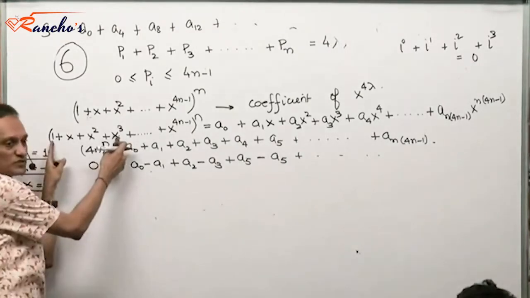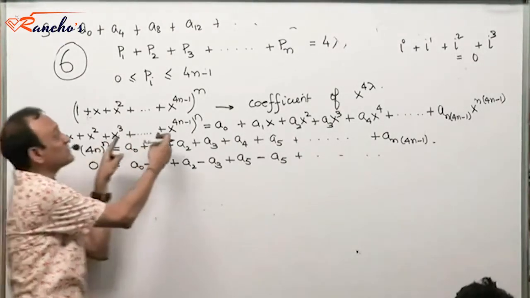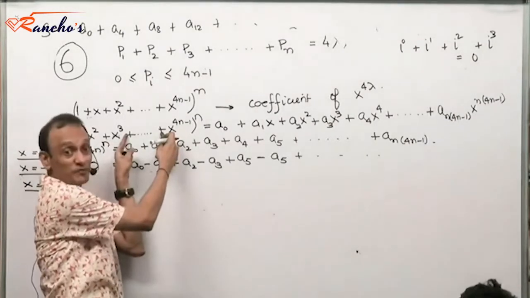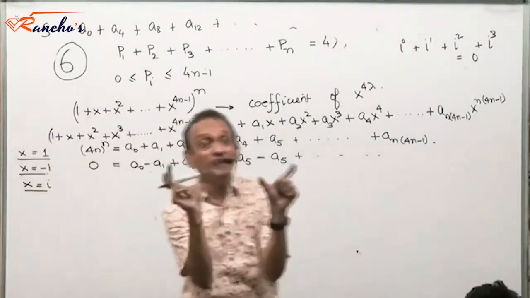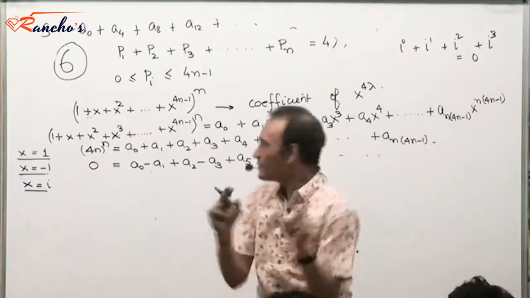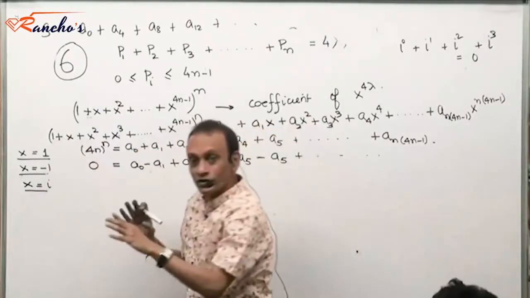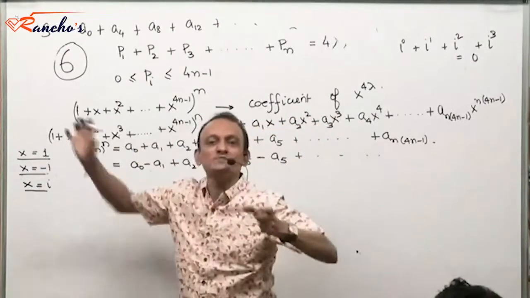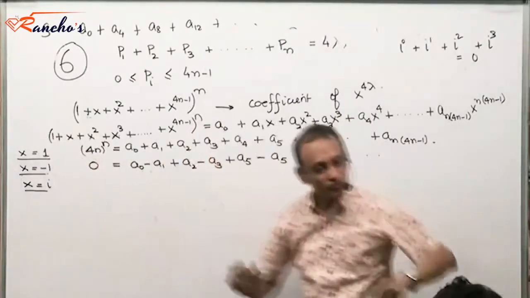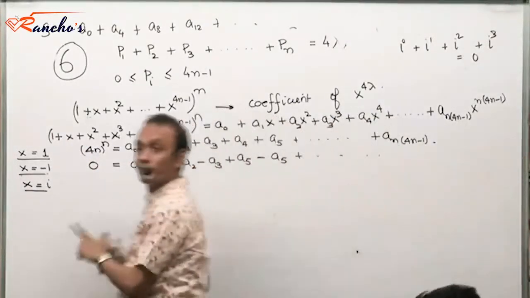The first 4 will add up to 0, 4 consecutive powers of i. The next 4 will add up to 0, consecutive powers of i. And we have them exactly grouped in 4s because the total number of terms is 4n. So there are n groups of 4 terms each, right?